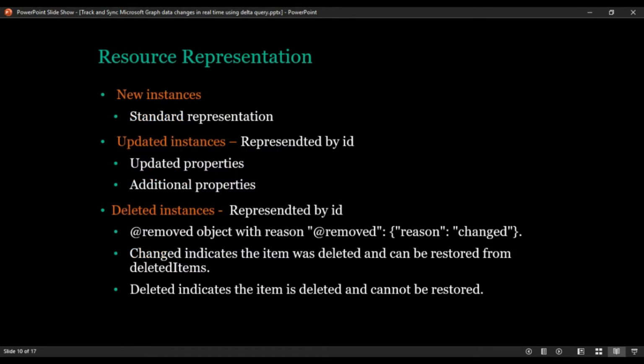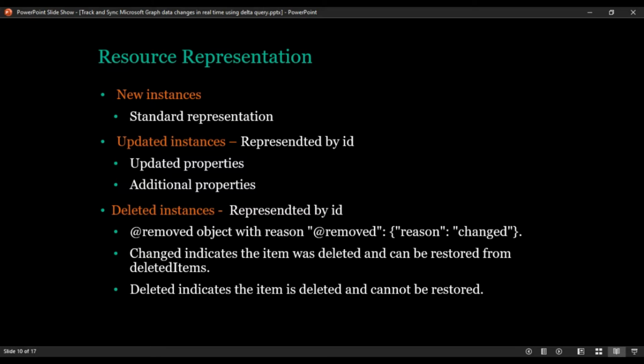Coming to resource representation. As I said, there are three scenarios where we can capture these delta changes: new instances, or updated instances. If it is a new instance, you'll get it in a standard representation with all the properties based on the query param that you have given.